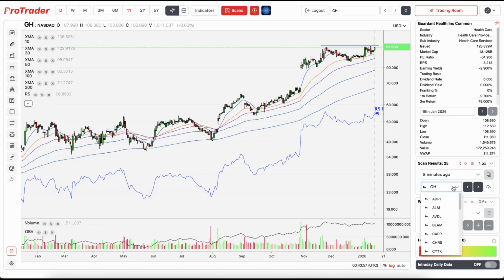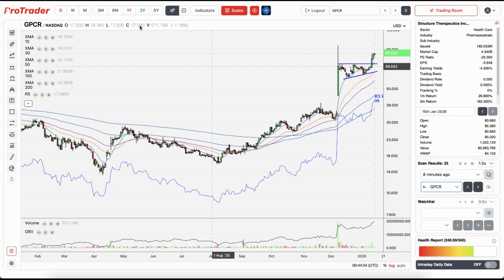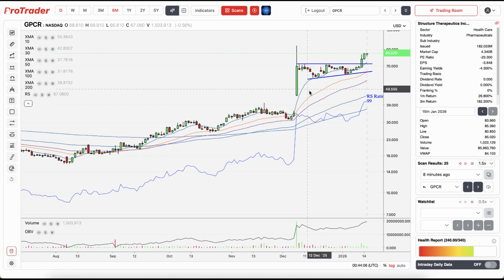Now, the other example I want to show, just from these results, is GPRC. Okay, now this is a bit of a different finding, but this scan will find these all day long, right? So it finds these huge gap ups on massive news. Okay, sometimes it's obviously takeover talk, sometimes it's massive earnings, sometimes it's something else, right? And so, but then what quite often happens on these huge candles is you get patterns forming to the right of them, right? It doesn't have to be at the top of them, it can be halfway, in the middle,